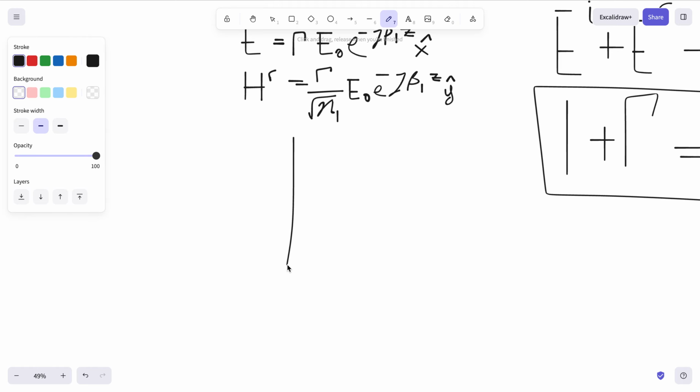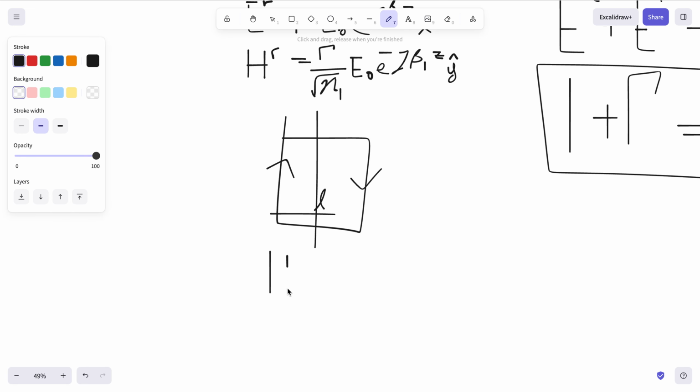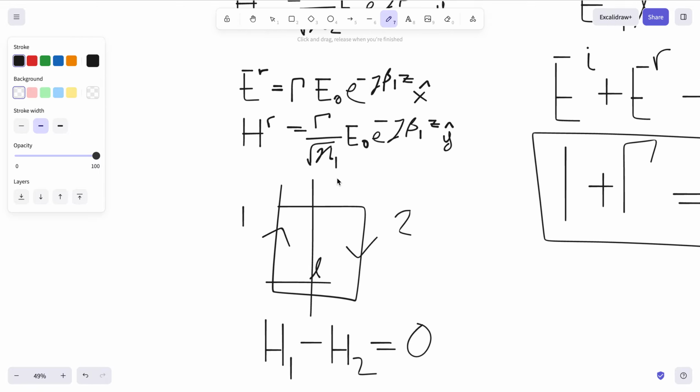So using another one of Maxwell's equations, we can say that the H tangential field on the first side minus the H tangential field on the second side equals 0. Plugging in the expressions that we have above,